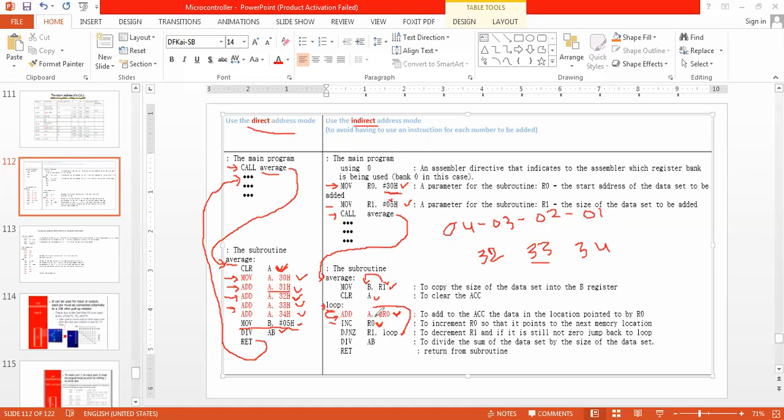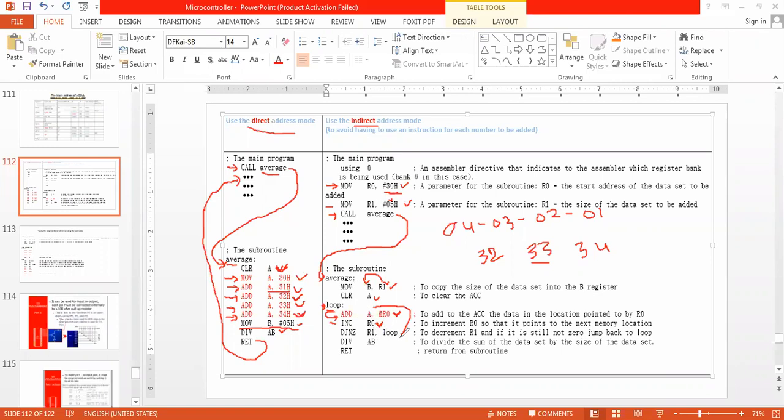So again come here, add A comma at R0. So what we are doing now? Add A comma 34H. So this is equivalent to this instruction. Okay. So instead of executing one after another by giving the address directly, we are doing it in another way by just loading the address into R0 and loading the count 05 into R1.